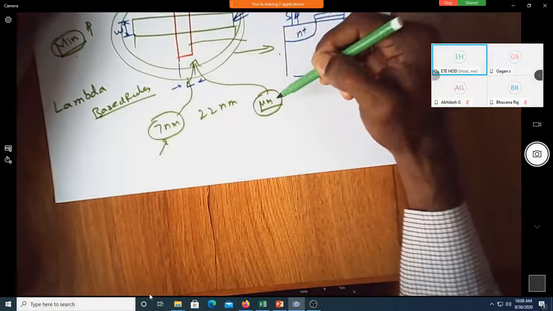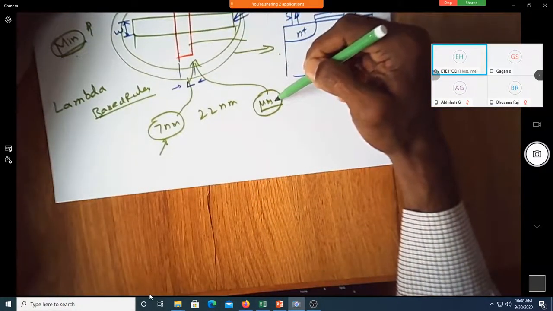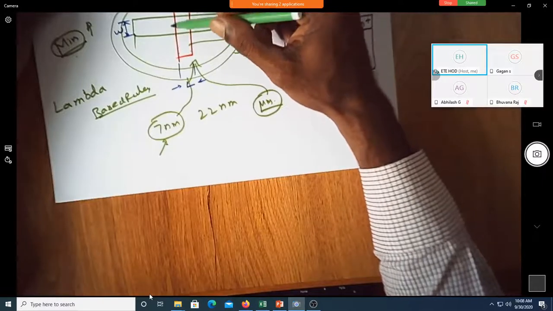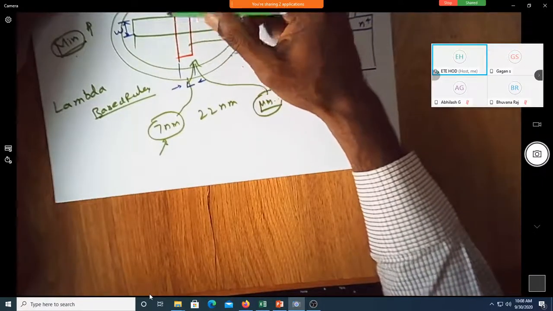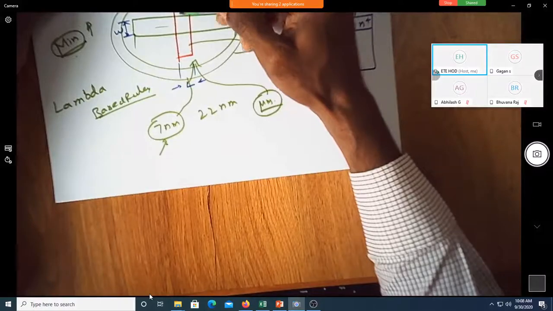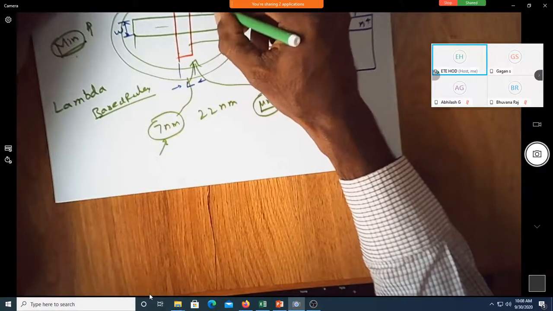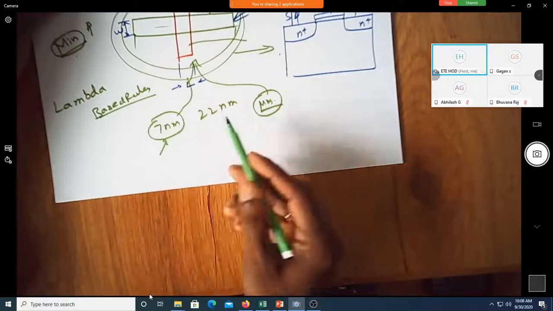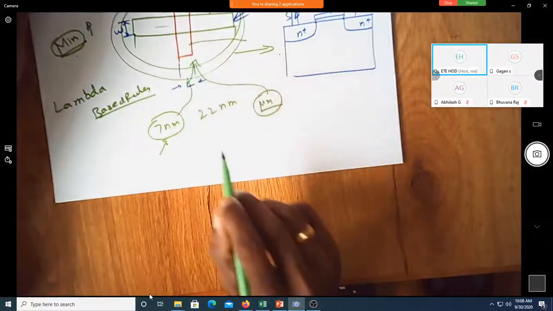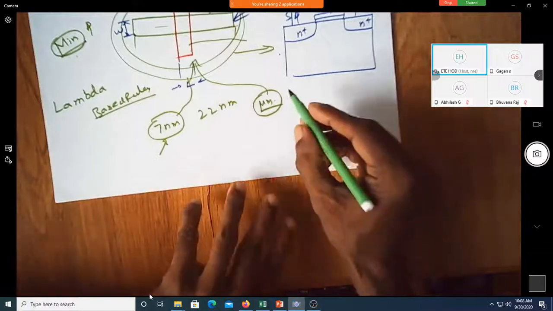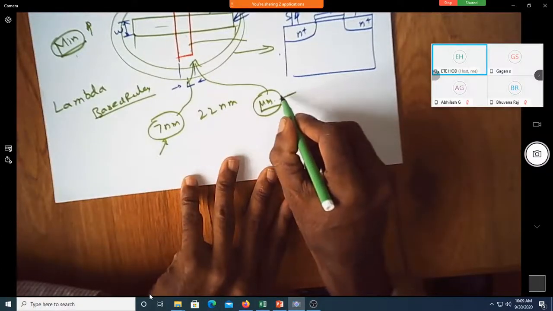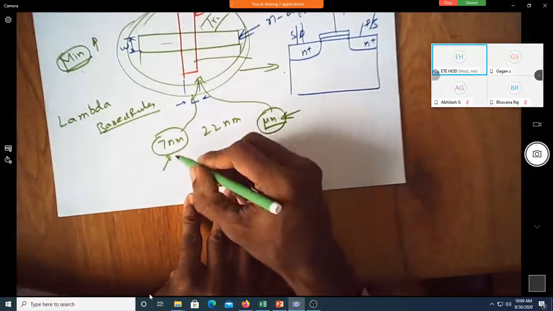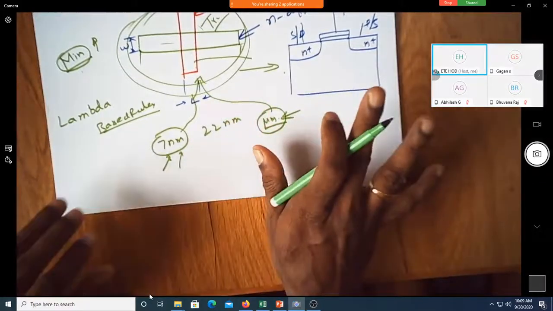When the dimension was in micrometer, the layout was the same: there is an N diffusion, a poly crossing here, and a transistor formed here. Even if the dimension is reduced to 7 nanometer, you will still go with the same type of layout. Now the question is, between micrometer technology and 7 nanometer technology, there should be some common rule.